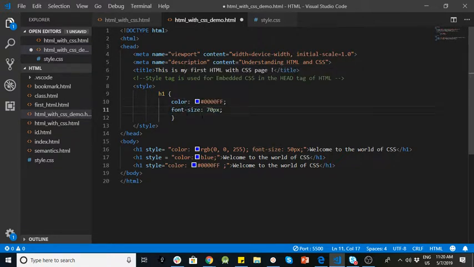I'm just focusing on color and font size just to keep it simple and convey the meaning. You can play around with other properties; I'll give you another link which has all the CSS properties. You can look at the different properties in that link and then put in as many properties as you want within the style block or within a selector. So here,